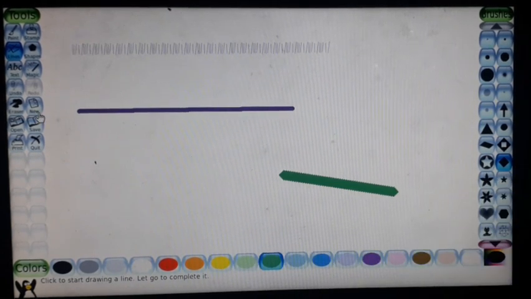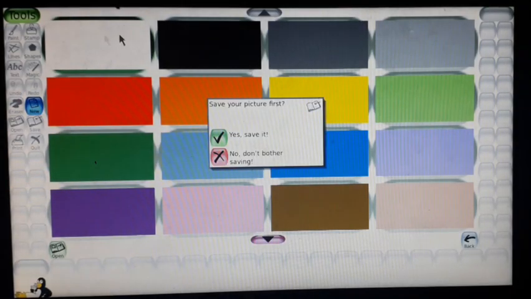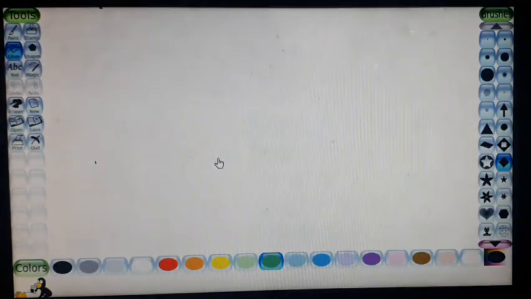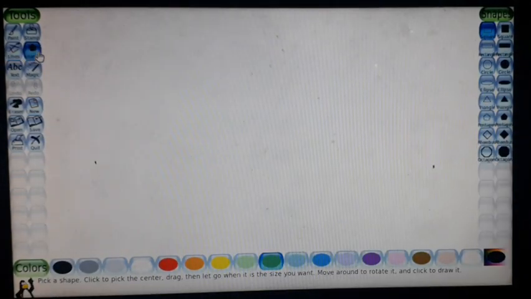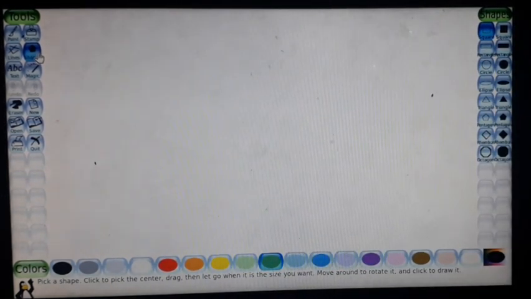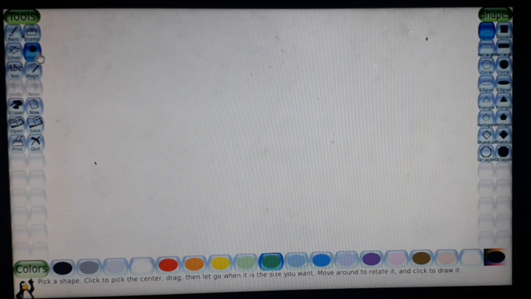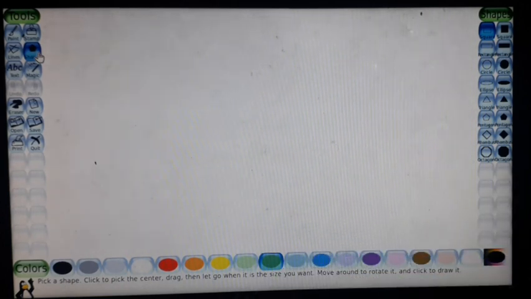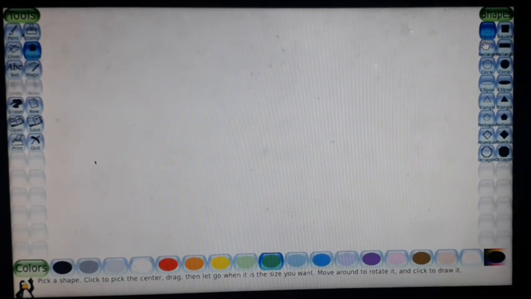Then how do we open a new page? By pressing the new tool, we get the new page. Okay, save it. Then another one is the shape tool. The shapes tool is used to draw different shapes. Look here, on the right side of the screen, there are so many shapes: square, rectangle, circle, ellipse, triangle, pentagon, rhombus, octagon. So many different shapes.